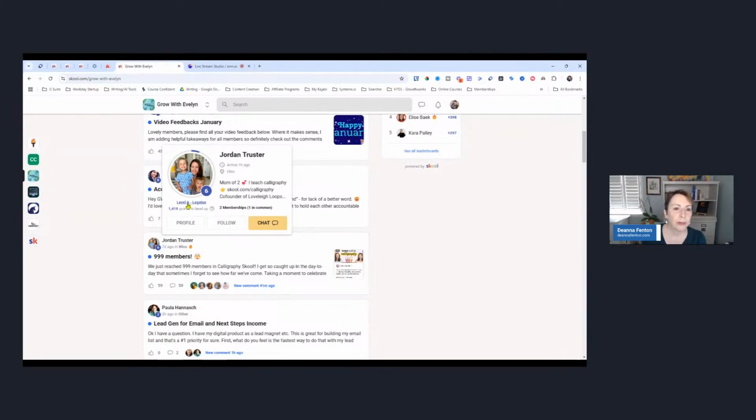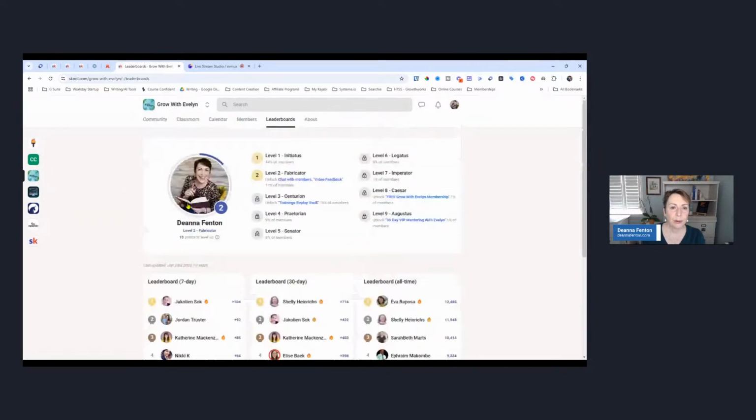She is at level 6. So if I click level 6, here are all the levels for this community. And you can see I'm only a level 2. And I can unlock a trainings replay vault if I hit level 3.